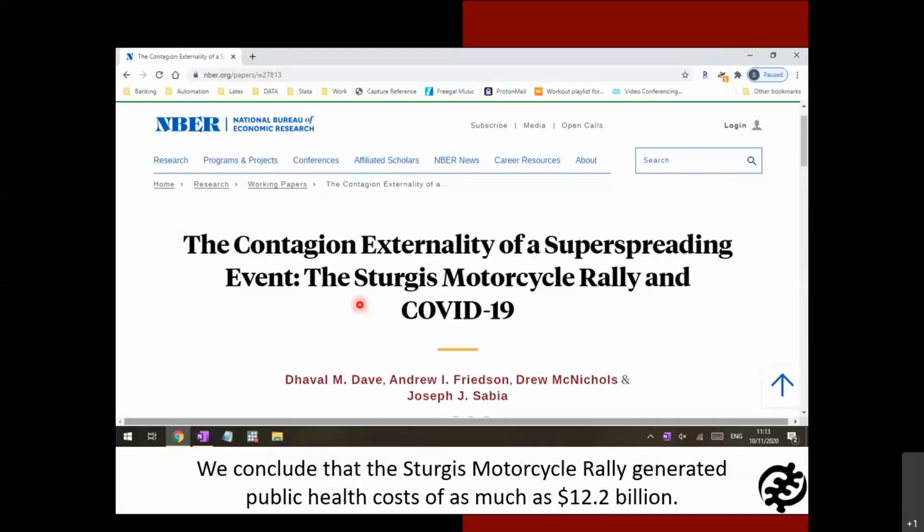However, there was a pandemic, and people did get sick at Sturgis. They didn't know it. And they went back to their home states, and we've been able to trace them. And we've been able to find about how much the cost of Sturgis was. Each of these states that these people came in, if you add it together, $12.2 billion of public health cost has been so far spent